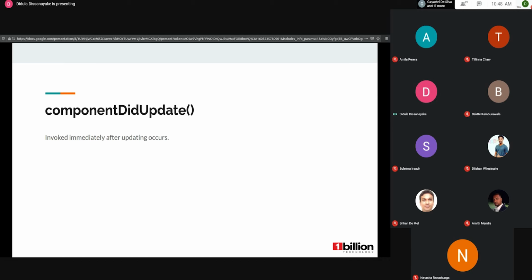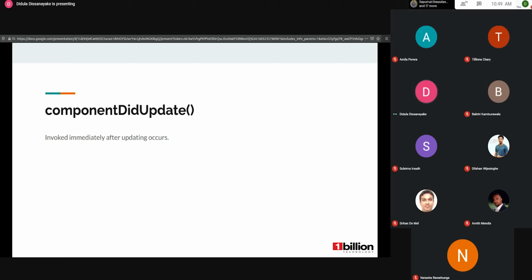How? When the update happens, let's take one scenario. I have entered the birthday as a prop. When the props are updated, we have to calculate the age and display it. The age is stored in the state. Initially the props are updated with the birthday, then it does the rendering, then it identifies that the props are updated. componentDidUpdate is called. Then we can use the state calculation within that.